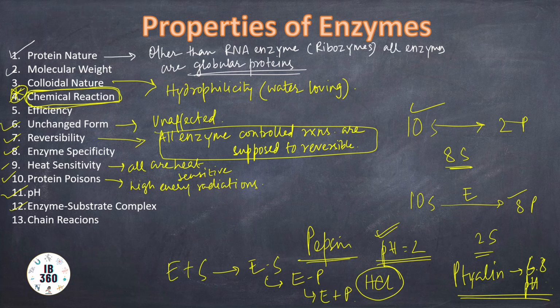Okay, then there are chain reactions. Biochemical reactions, we know, are not isolated. Always they are followed by other reactions in quick succession, and a team of enzymes work one after the other to accomplish such multi-step reactions, and each reaction would be highly enzyme specific. So if enzyme A is catalyzing the first reaction, the next subsequent reaction won't be catalyzed by the same enzyme, because all these biochemical processes are highly enzyme specific. So a chain of reactions involves many enzymes, or a team of enzymes we can say.